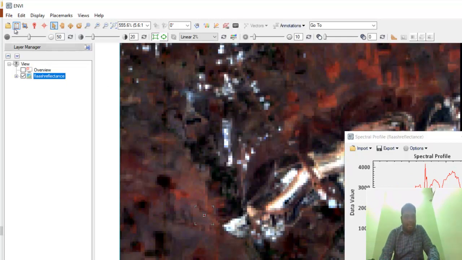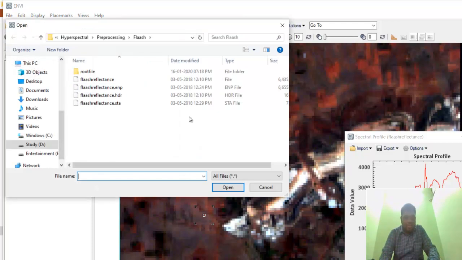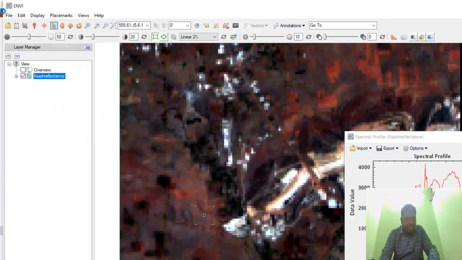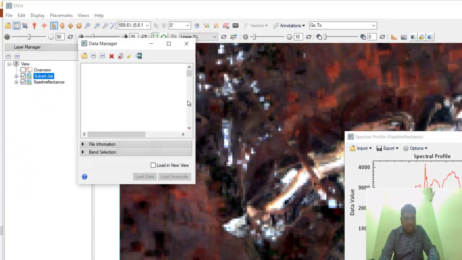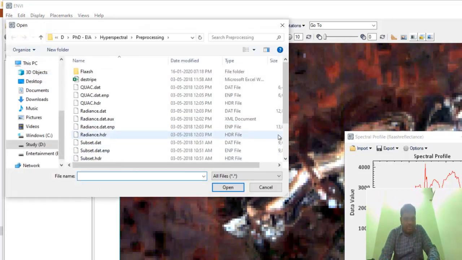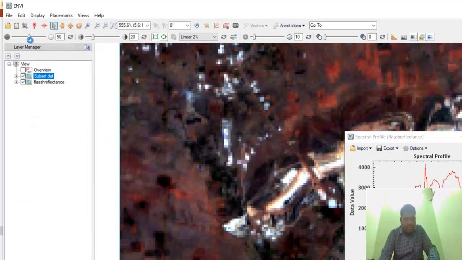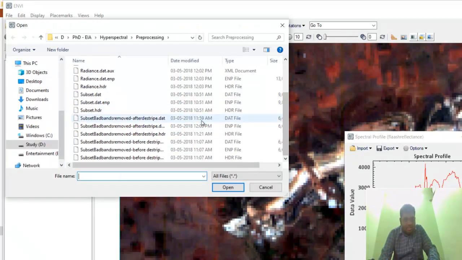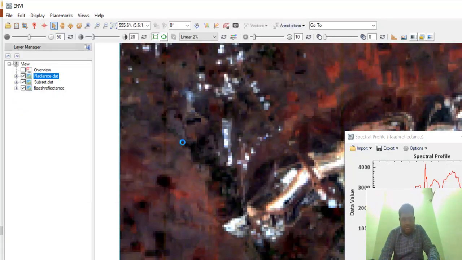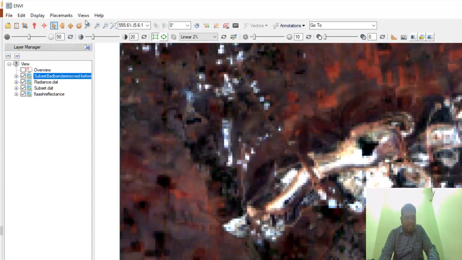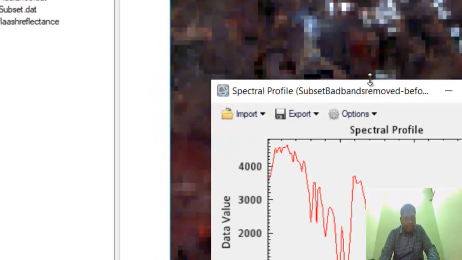All right. So if you want to visualize the raw file and radiance file, you just open those files also. So we just open every spectral signature one by one.